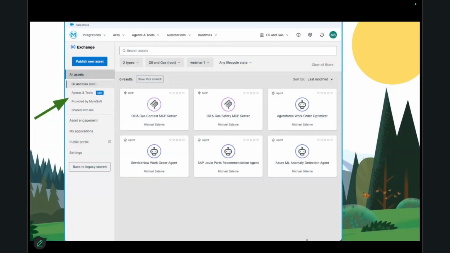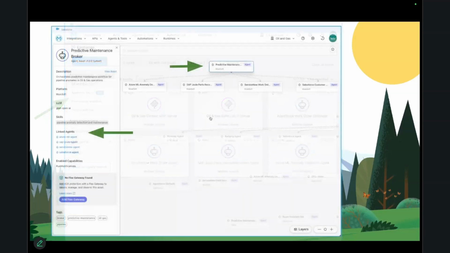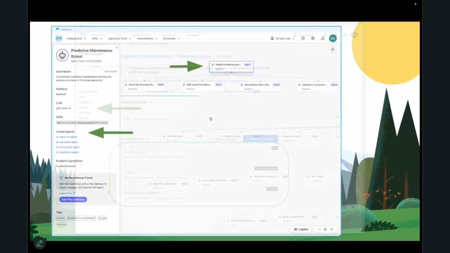She brought in an Agentforce work orders optimizer agent. So Agentforce is playing a key role by looking at the existing work orders and doing some advanced logic to optimize the work order priorities. The ServiceNow agent or the Maximo agent or whatever service platform you have. There are agents we work with. SAP is another example. And then we've got an Azure anomaly detection agent that can watch the information going on the pipeline or on the asset and such. So all those agents were listed. And then Janice just simply created a broker network that coordinated the existing agents together. No agent creation was needed by MuleSoft. MuleSoft just brought them together.